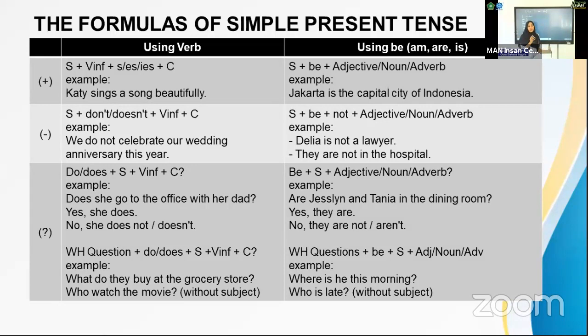So the right way when you want to say Jakarta adalah ibu kota Indonesia is Jakarta is the capital city of Indonesia. Okay? And then, oh ya, kenapa? Why Jakarta is the capital city of Indonesia? Using is for the to be. Kenapa? Kalau kita lihat di sini, Jakarta itu kan